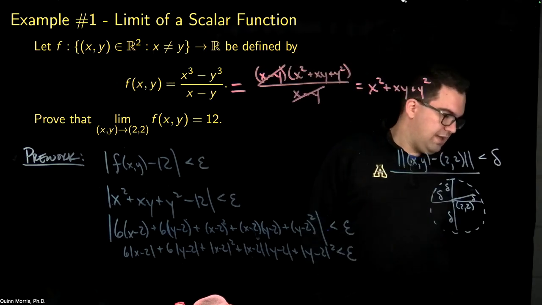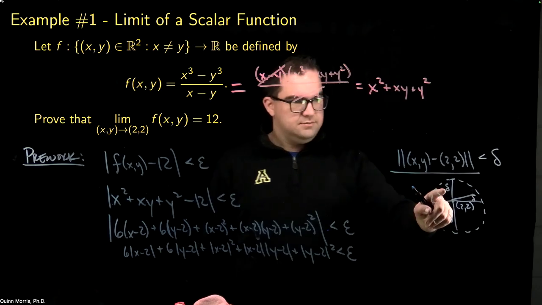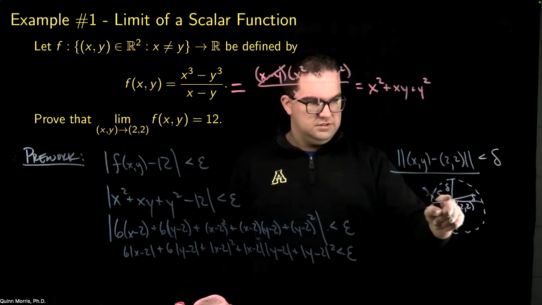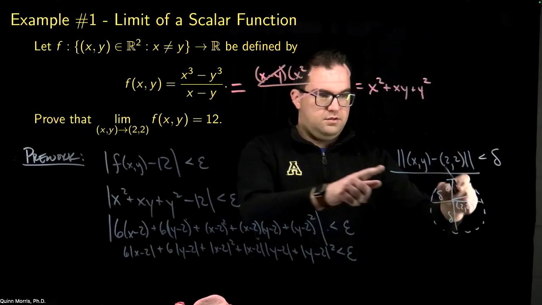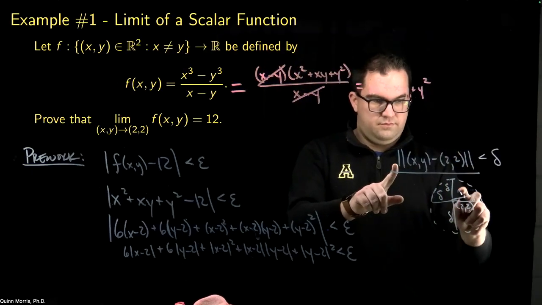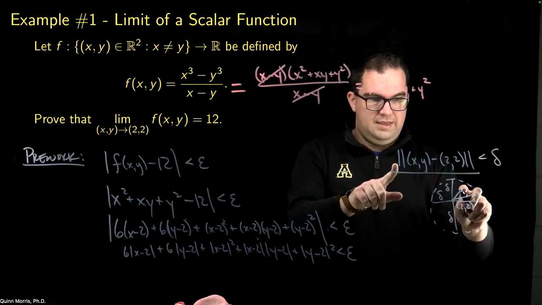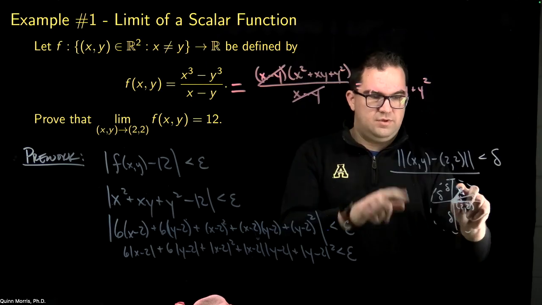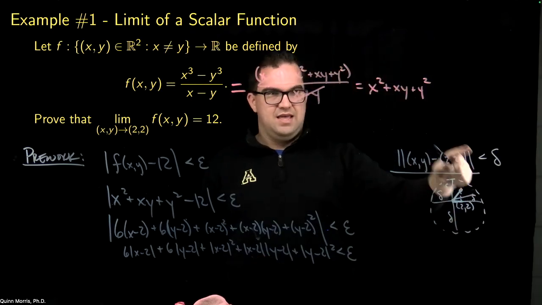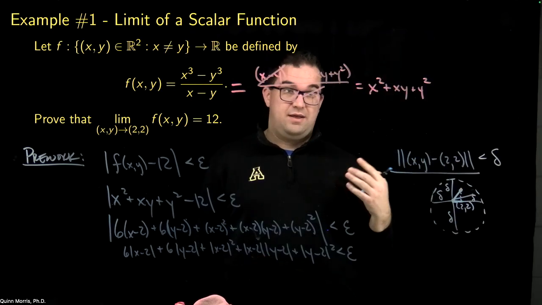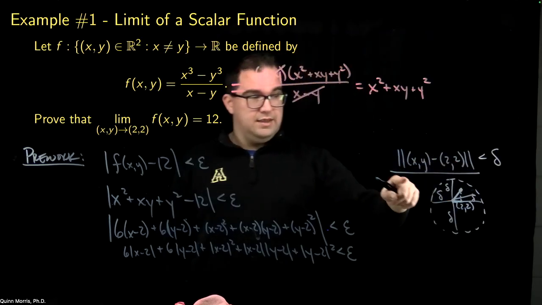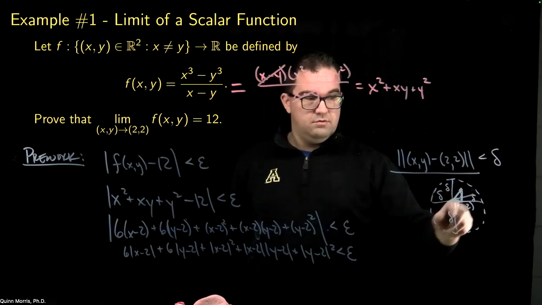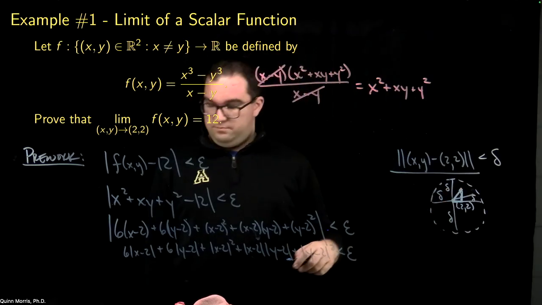This distance is just given by this norm here. If I look at any distance, the difference between the x values is going to be less than this norm. That's just by the triangle inequality. And similarly, the y value,